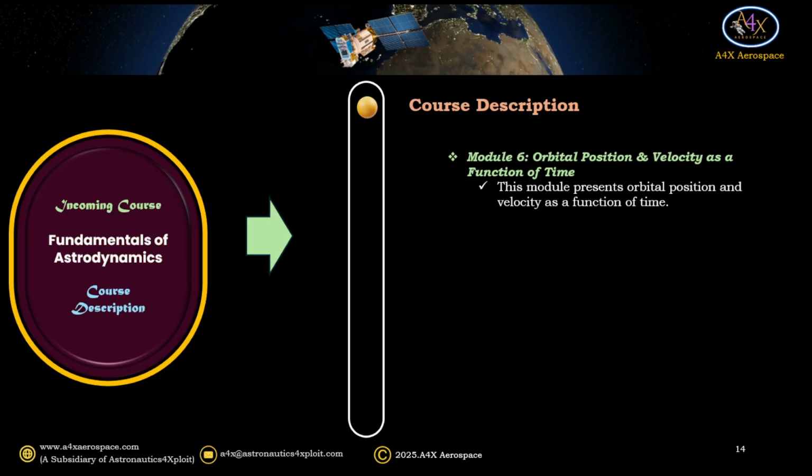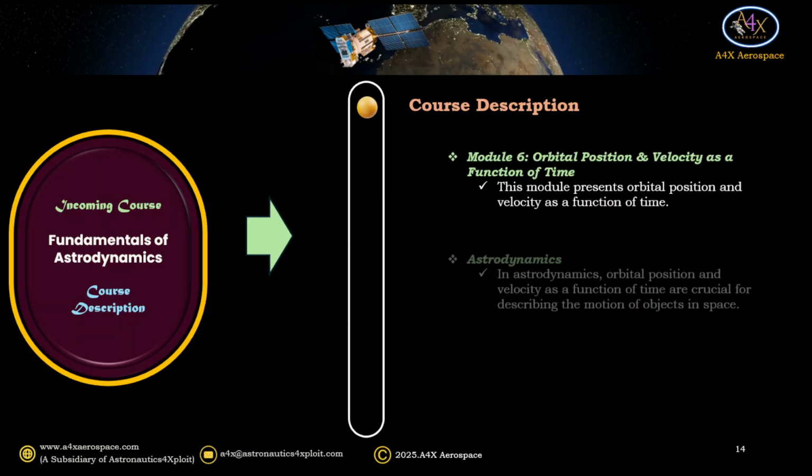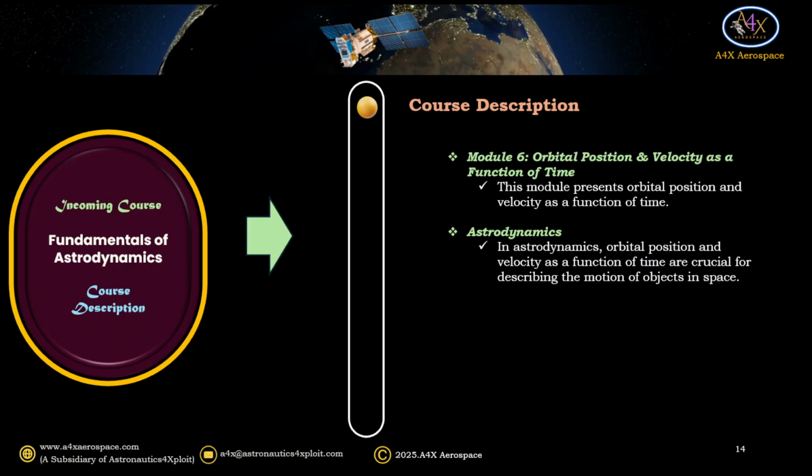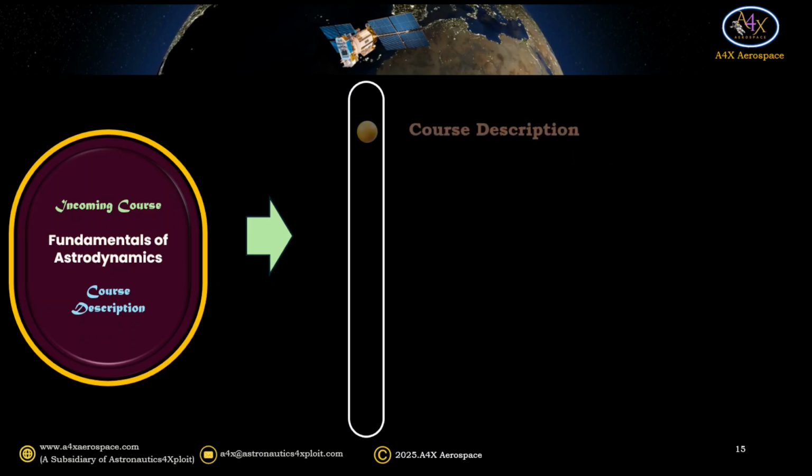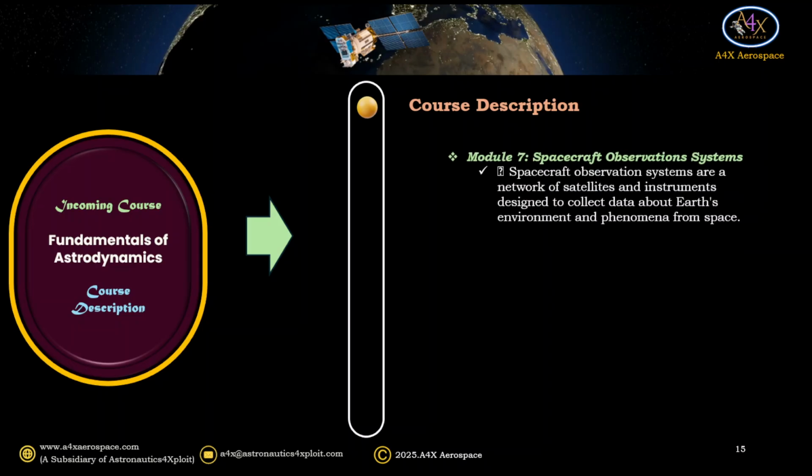Module 6, Orbital Position and Velocity as a Function of Time. This module presents orbital position and velocity as a function of time. In astrodynamics, orbital position and velocity as a function of time are crucial for describing the motion of objects in space. And Module 7, spacecraft observation systems,